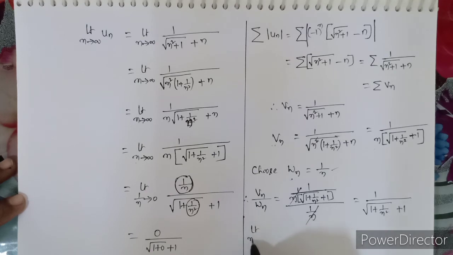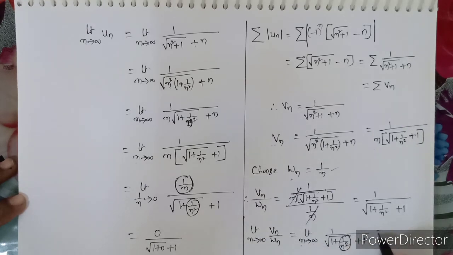Apply limit n tends to infinity. Limit n tends to infinity V_n by W_n is equal to limit n tends to infinity 1 by root of 1 plus 1 by n square plus 1. n tends to infinity means 1 by n tends to 0. Therefore, this is equal to 1 by root 1 plus 1, that is 1 by 2, which is not equal to 0. This is a finite and non-zero quantity. Therefore, by limit comparison test,